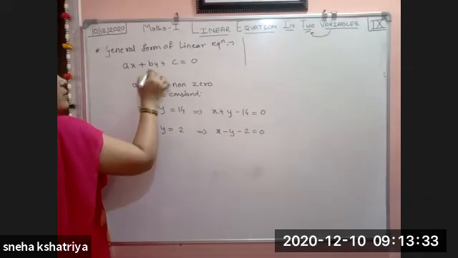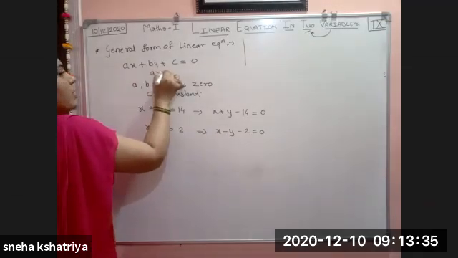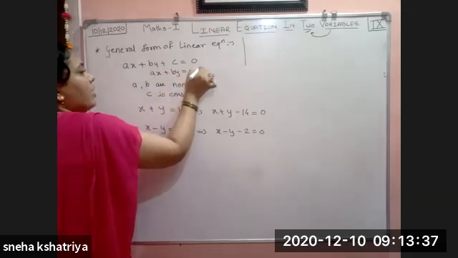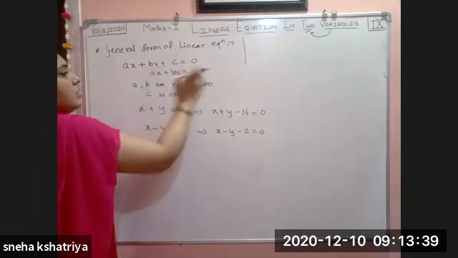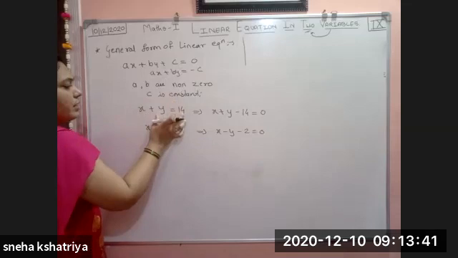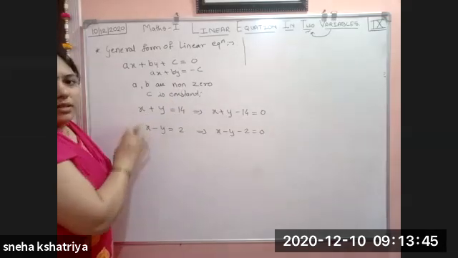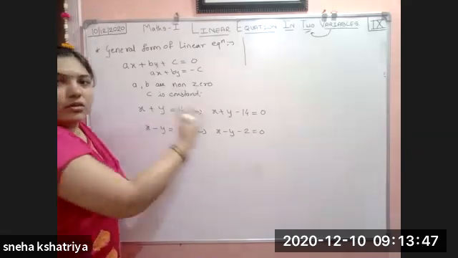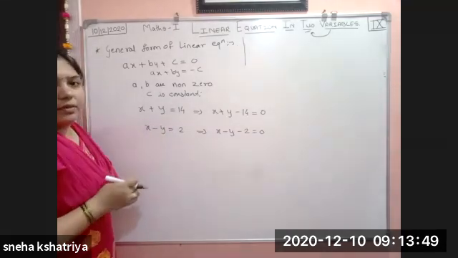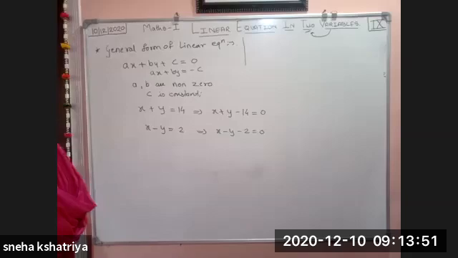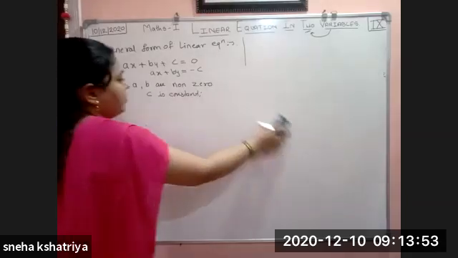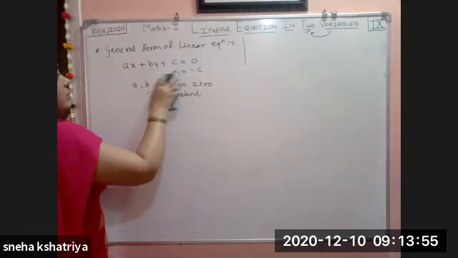Or this equation can be written like this also: ax plus by is equal to minus c. This is shifted to the right side. So whatever numbers are given, accordingly you have to write. Variables on the left side, constants on the right side. This thing you have to remember here. Okay. For linear equations,